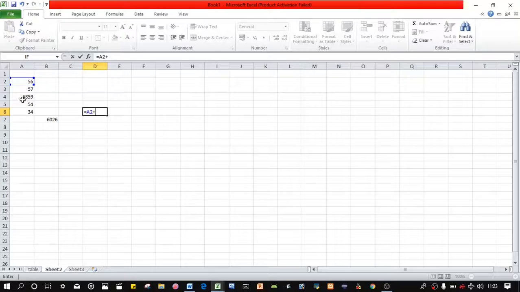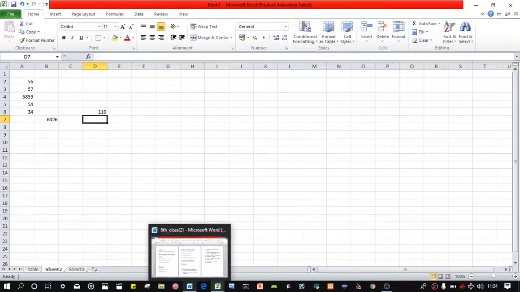So we use a dollar sign again. After that, this value, this is A5. So press here A5. After clicking, this is the reference. This is the relative cell reference, and this is the absolute cell reference. The combination of relative cell reference and absolute cell reference is called the mixed cell reference, and the answer of these two numbers is 110. This is the mixed cell reference.